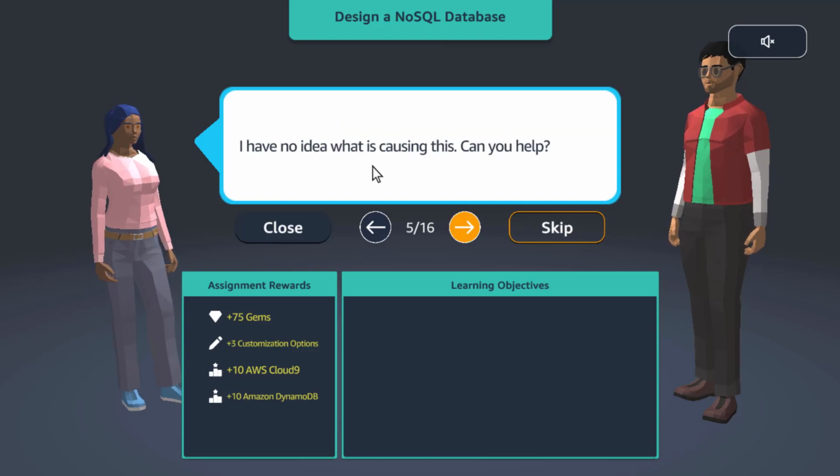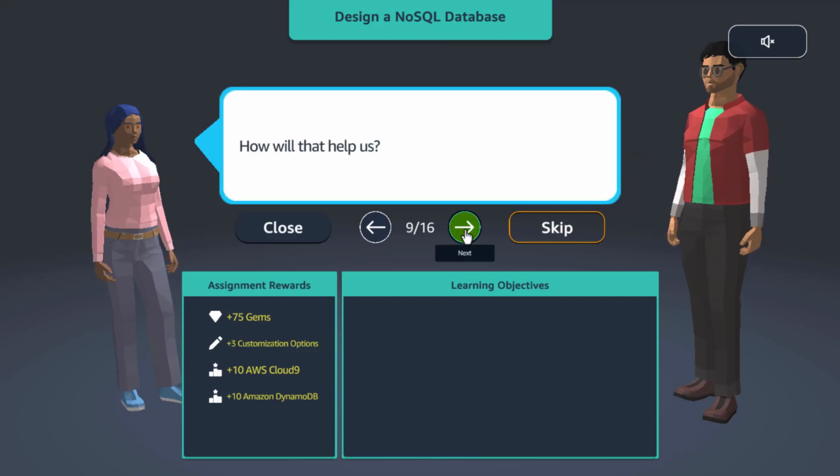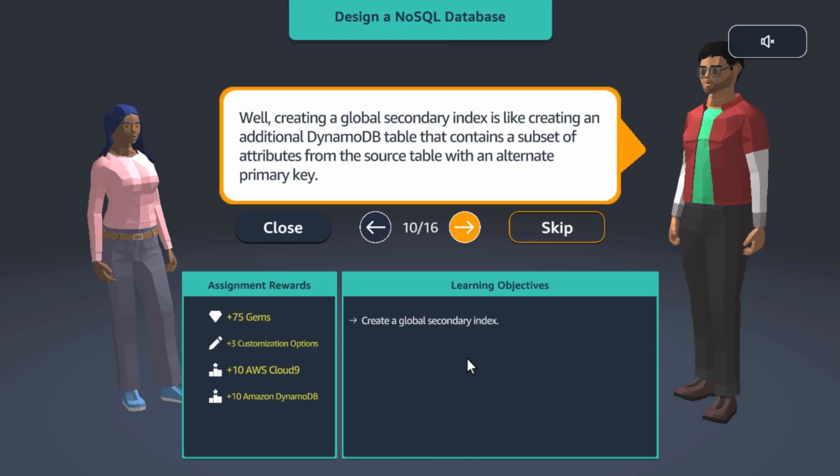I have no idea what is causing this. Can you help? Sure. What type of database are you using? We are using Amazon DynamoDB. I need to examine your table. We might want to create a secondary index to speed up searches. How will that help us? Well, creating a global secondary index is like creating an additional DynamoDB table that contains a subset of attributes from the source table with an alternate primary key.